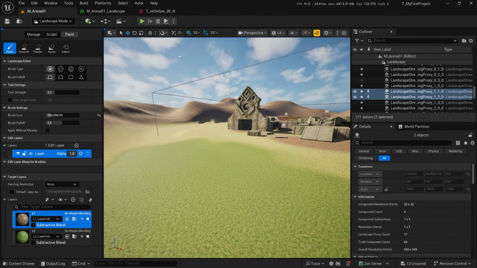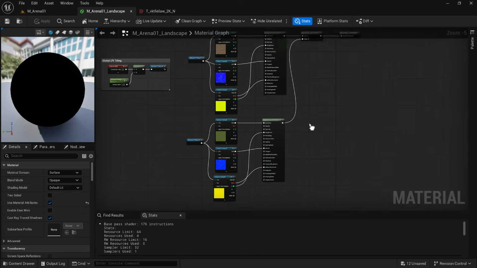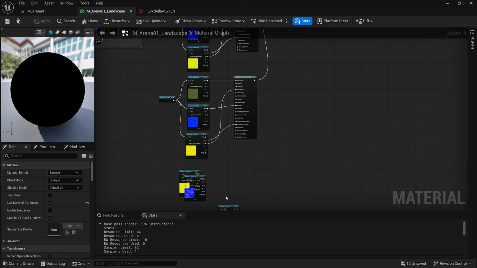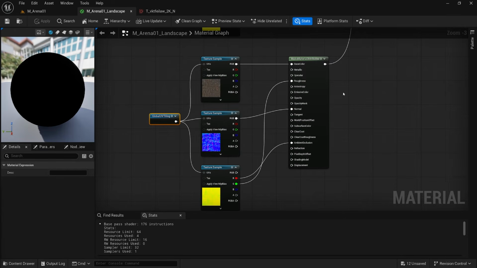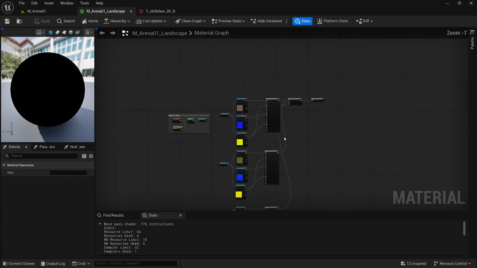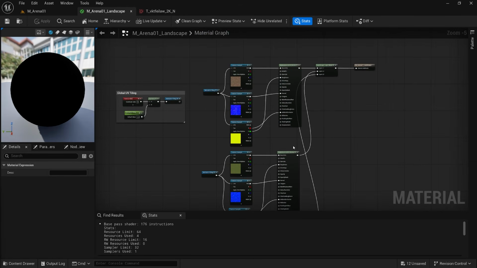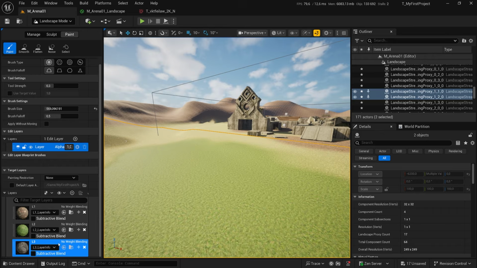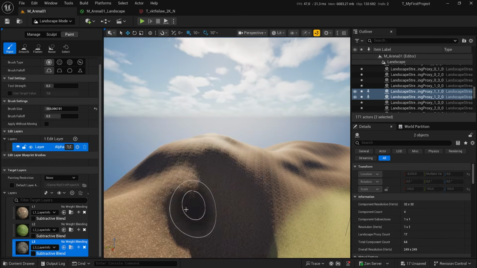So pause the video and also do the same for the rocks. So as you know, this is how it should look with the rocks. It's the same as the other ones. Now, you can also pause the video and create a layer in the landscape. And this is how it should look like. Don't forget to create the layer info. And now, when you paint,